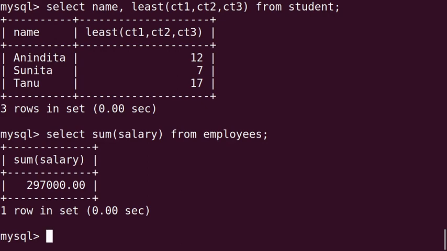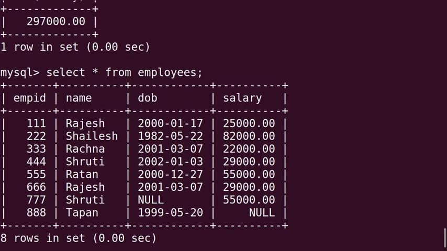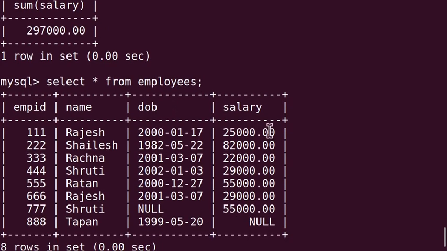Here once more, let's take the table. That will help us to check easily. This is the table. We got the sum of salary, that is 2,97,000. How is it coming? For all non-null values, if we take the summation, we get the value 2,97,000.